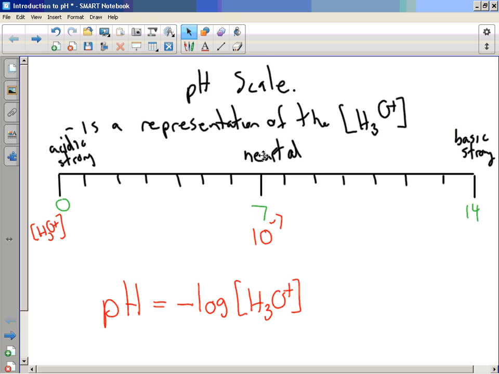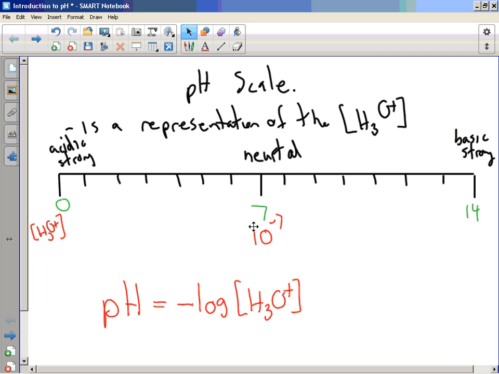So a neutral solution that has a pH 7 has an H3O plus concentration of 10 to the negative 7. And that's where it comes from. Now that might be surprising to you, because you might have thought that neutral means no acid or no base, and therefore there should be nothing in there except just plain water. But that's not the case, and we're going to get to the reason why for that in a moment or